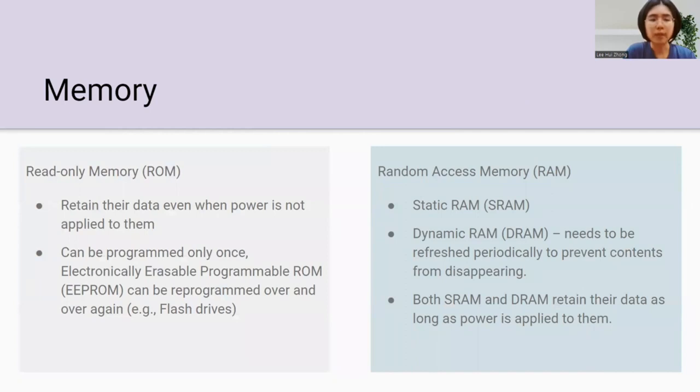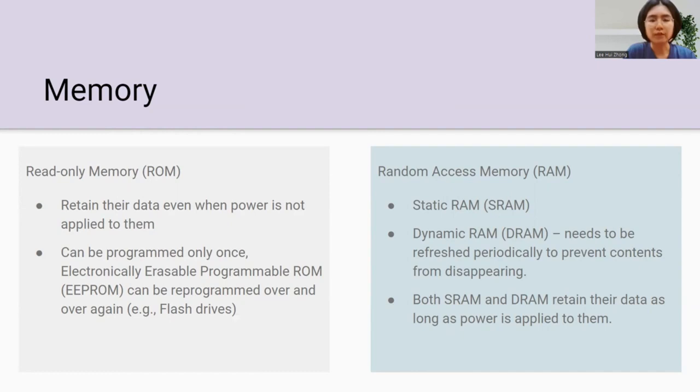There are two types of memory, which are read-only memory ROM and random access memory RAM. Read-only memory retains its data even when power is not applied to it. Some types of read-only memory can be programmed only once. Electronically erasable programmable ROM, EEPROM, can be reprogrammed over and over again,